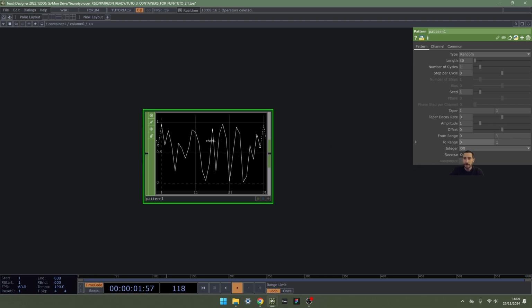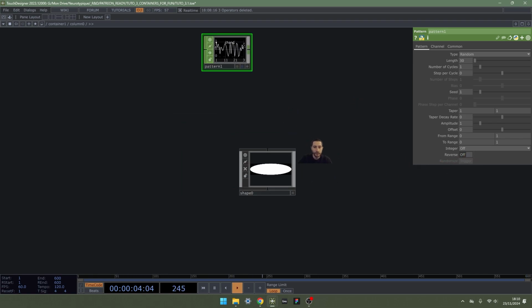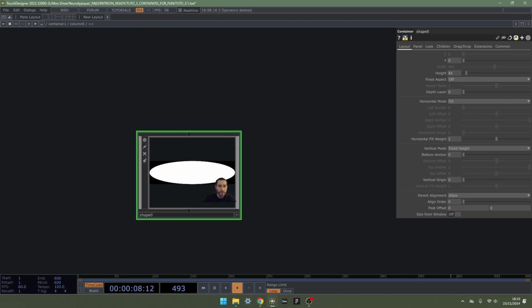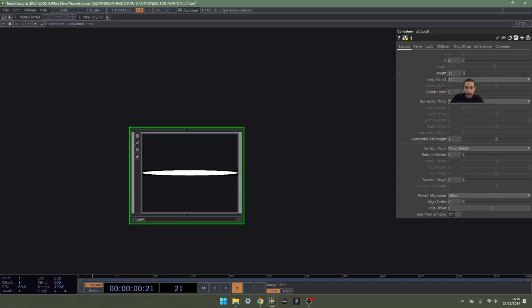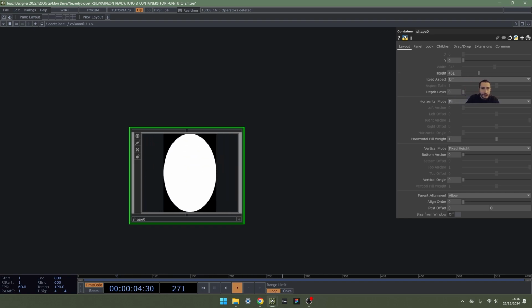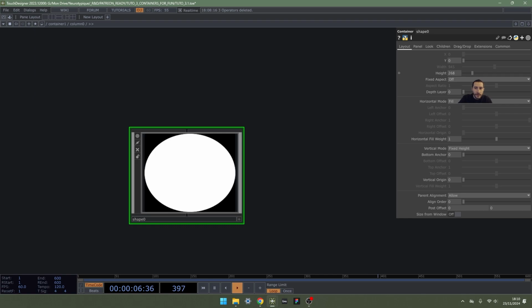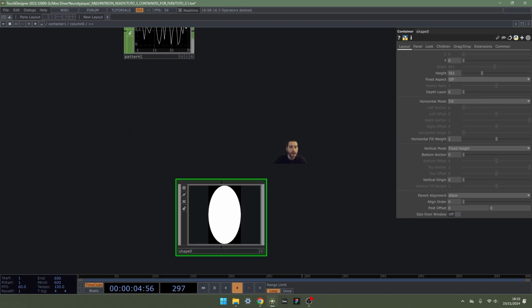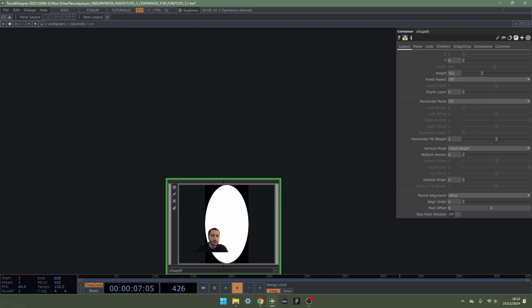And then for our shape, let's say maybe the minimum height is 10, and the maximum can be, let's say, yes, 550.